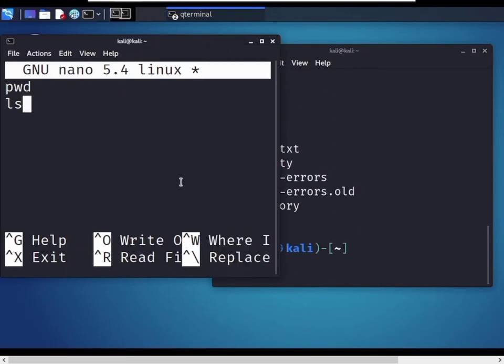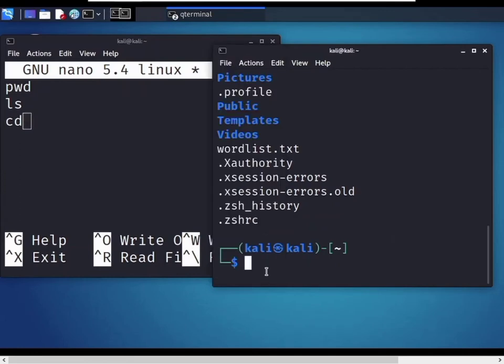So now move to the next command, cd. cd stands for change directory. Now how to change directory? Use the cd command to go to a directory. For example, you are in the home folder and you want to go to the Downloads folder.